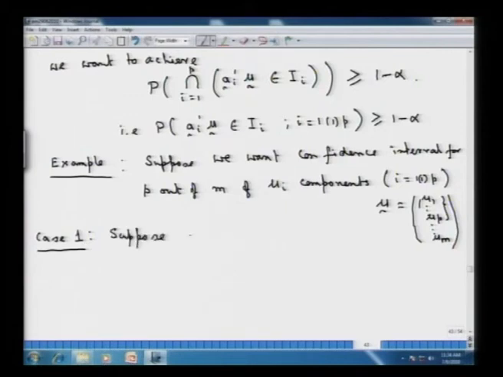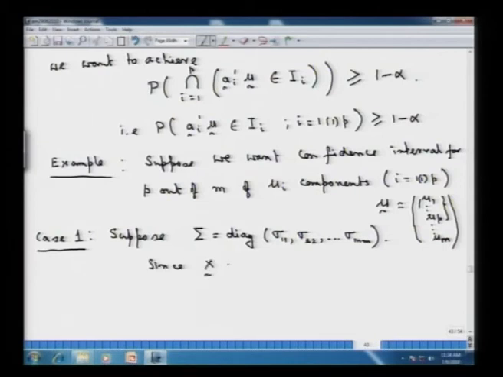Case 1 is that suppose sigma is equal to diagonal sigma 11, sigma 22, up to sigma mm. That is, the sigma matrix is a diagonal matrix. Now, sigma matrix being a diagonal matrix implies that